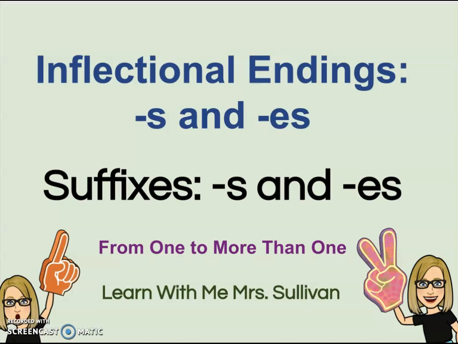So now I hope you have a more clear idea about when to add s and es, what a plural word is, and how we use those suffixes s and es with certain types of words to mean more than one. Singular is one, and plural is more than one. And we use these inflectional endings, s and es,